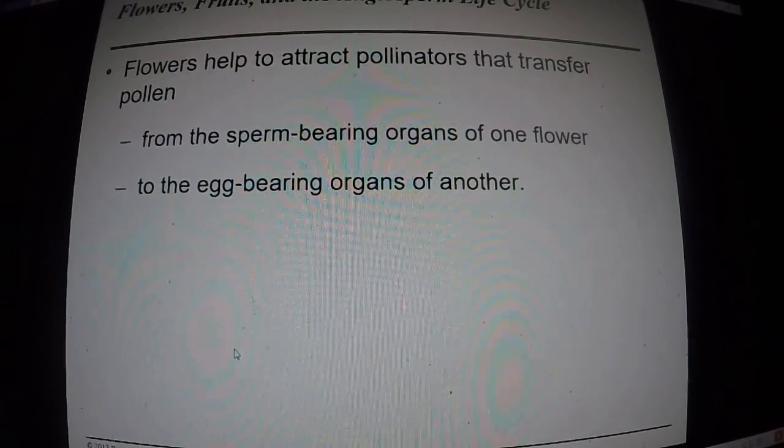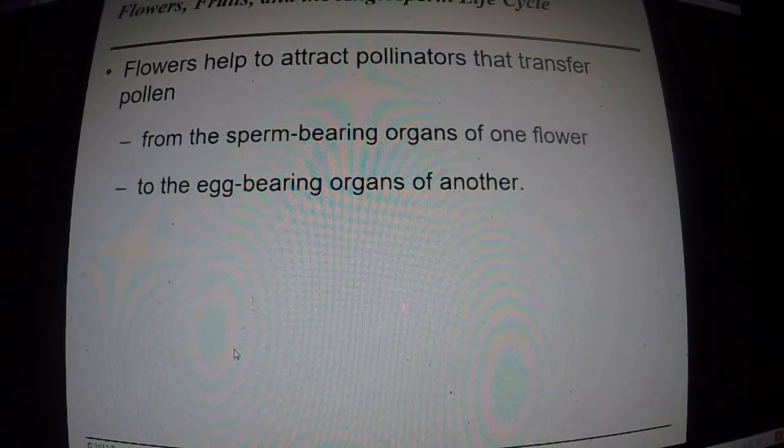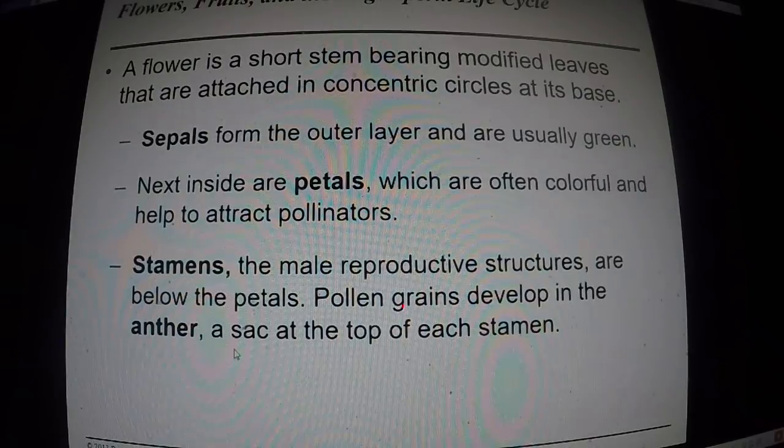Why so good? Flowers help attract pollinators and transfer pollen from sperm-bearing organs of one flower to egg-bearing organs of another. The flower is a short stem bearing modified leaves that attach in concentric circles. If you thought of four circles with a circle in each one, the outer layer is the sepals, usually green. Inside are the petals, the colorful things. Next are the stamens, the reproductive parts, the male reproductive parts, and